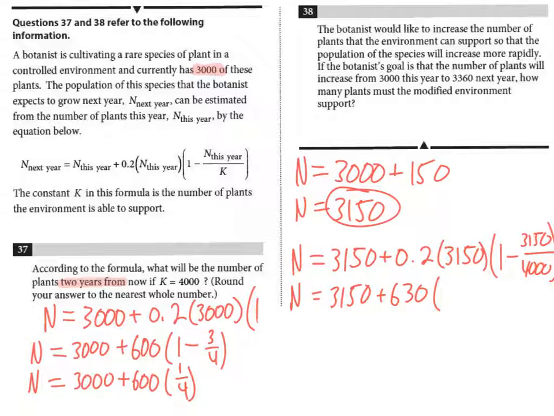Okay, and that is going to equal 0.2125. All right, so then we're just going to have 3150 plus 630 times 0.2125, and we get